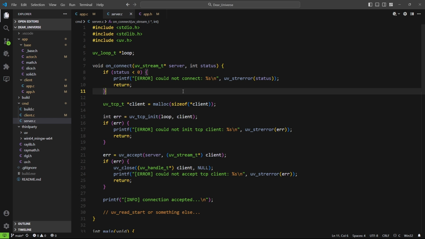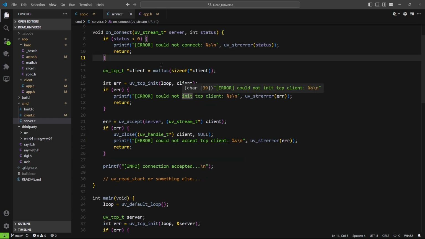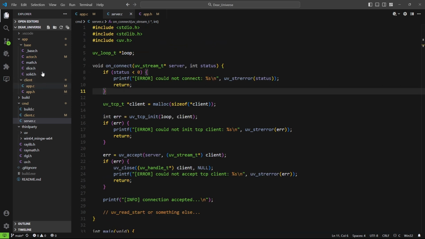For now, I can then optimize it if it's necessary, but for now, I don't want to add too much complexity. So, what I basically want to do, I think, is that we can start